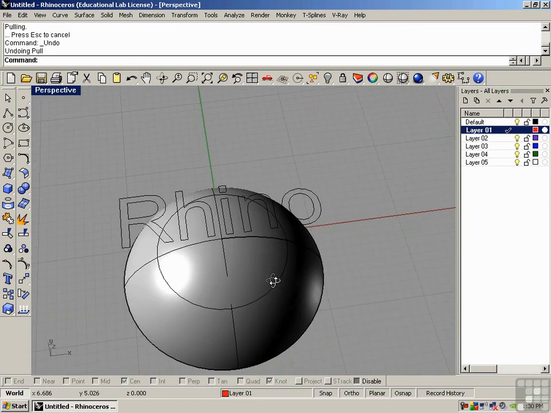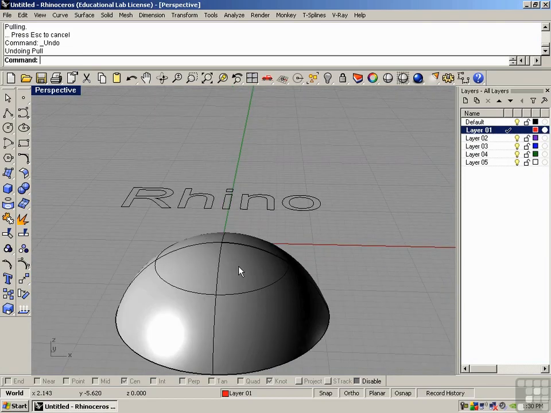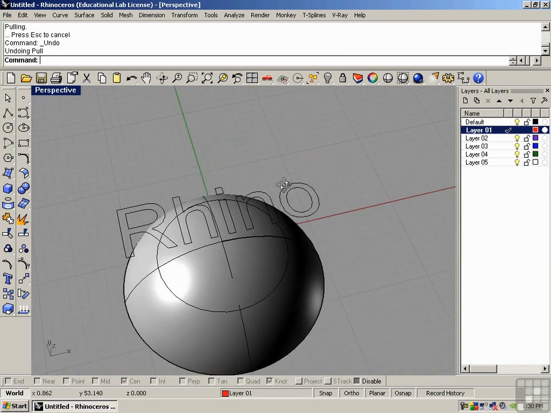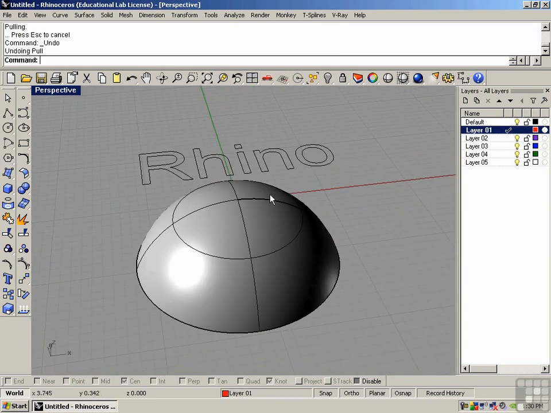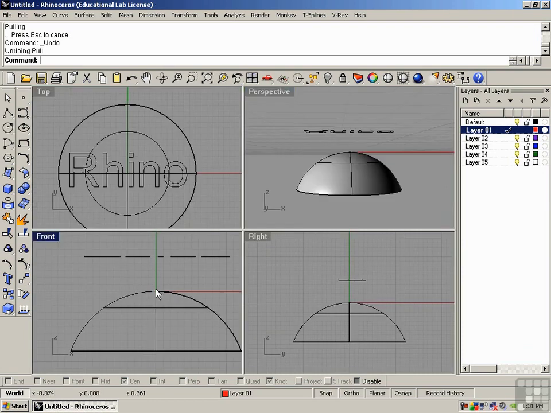And why you would use pull as opposed to project is when the object really has a strong curvature to it, or you're looking for a different result. Another thing that you can see with the curvature of the object, this is all facing outwards. So we have a convex surface. If I flip this over,